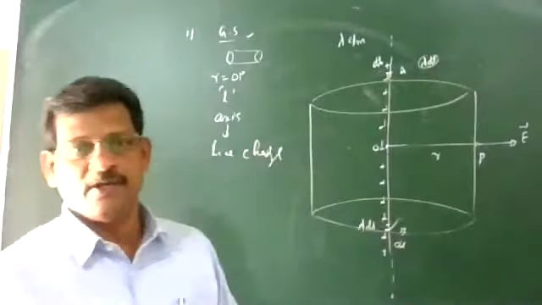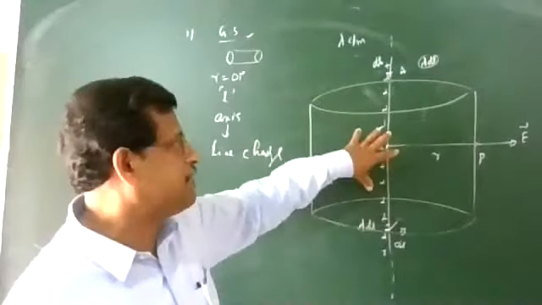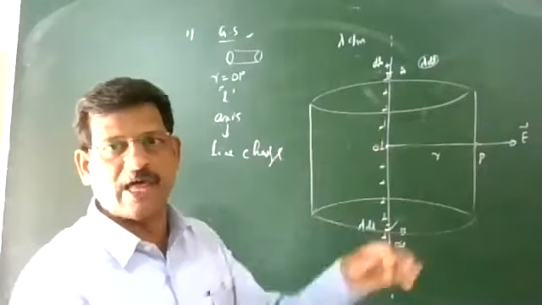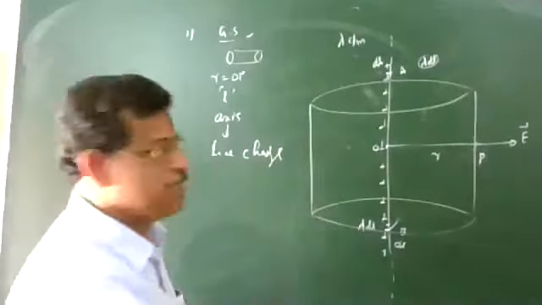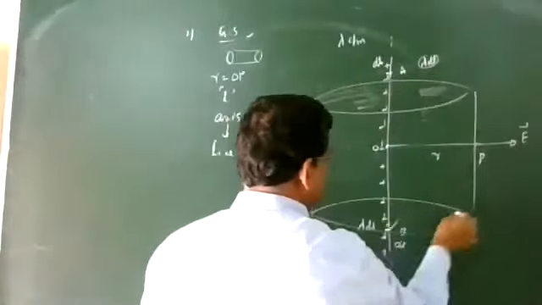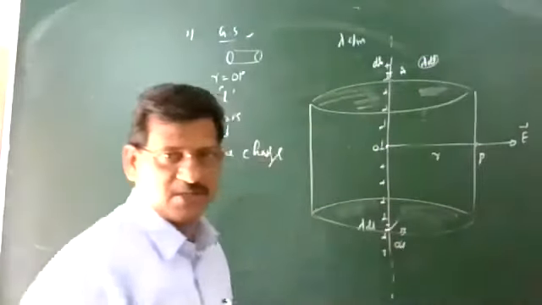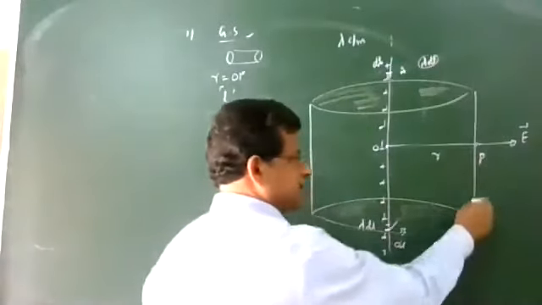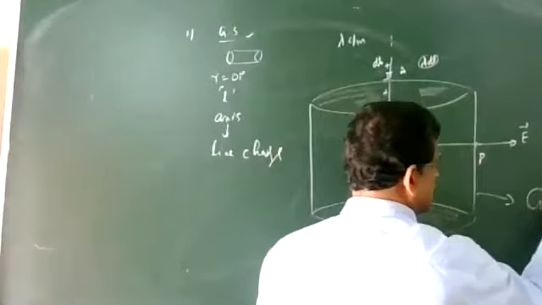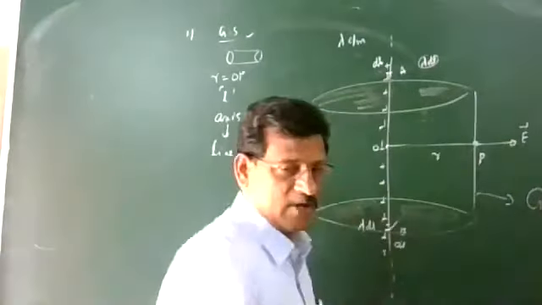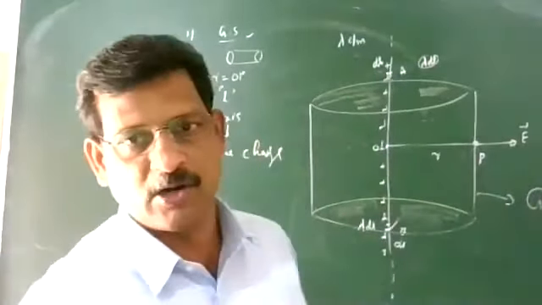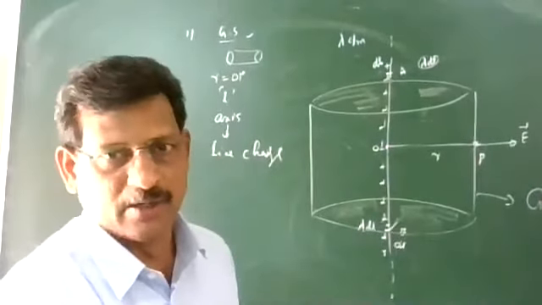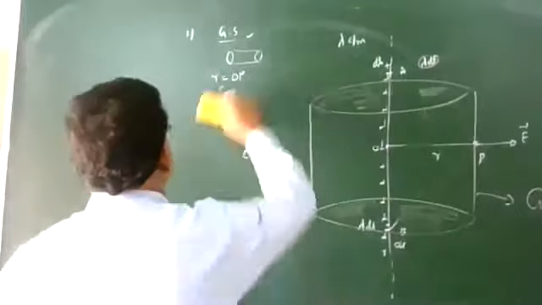And you can see inside the Gaussian surface, some part of the line charge is there and some charge is present. So lines of force will be coming to that. We have two end faces and one curved surface. We have to find the total flux through this. This surface constructed we call Gaussian. The aim is to find the electric field at the point P, which is perpendicular to the line charge. That is already proved with respect to figure 1.